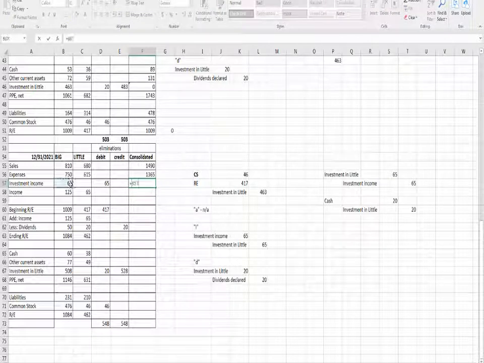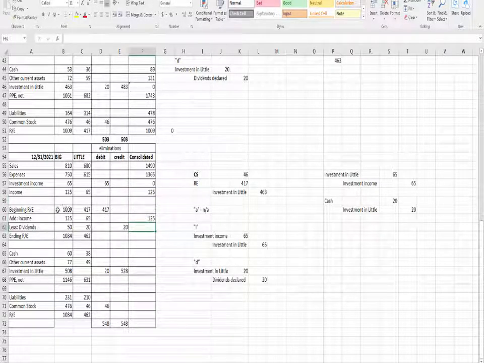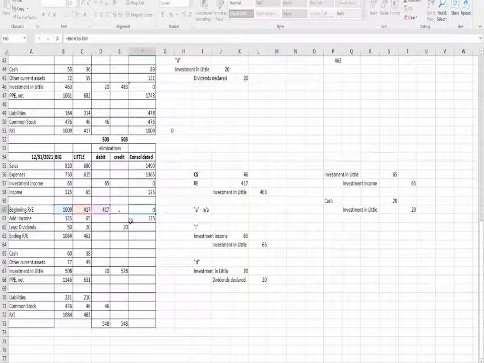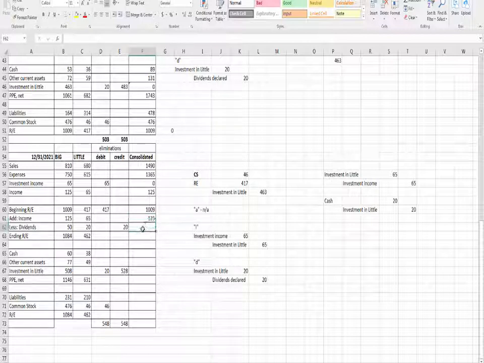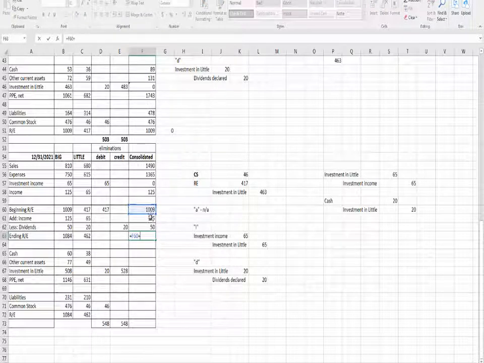This has to go to 0. Credit, if it's a positive income, minus debit, goes to 0. For our income, sales minus expenses. That number gets immediately transferred down to the statement of retained earnings. Now we can work through our statement of retained earnings. Beginning retained earnings, credit plus credit minus debit. Income is already there. Dividends, debit plus debit minus credit. Ending retained earnings, we work our way down the column again. So beginning retained earnings plus income minus dividends, which we immediately transfer down to the statement to ending retained earnings